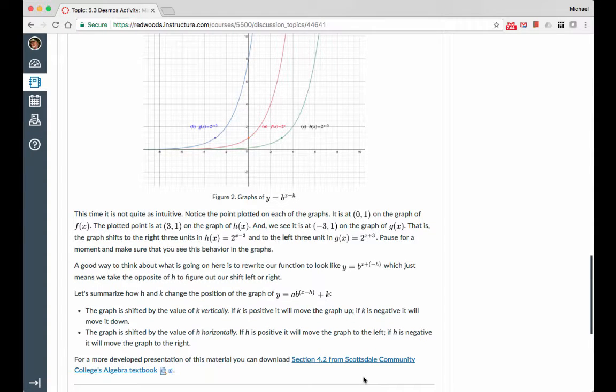Notice the point plotted on each of the graphs. It's at (0, 1) on the graph of f(x). The plotted point is (3, 1) on the graph of h(x). And we see that it's at (-3, 1) on the graph of g(x). That is, the graph shifts to the right 3 units when h(x) is equal to 2 raised to the x minus 3, and to the left 3 units when g(x) is equal to 2 to the x plus 3. So let's pause for a moment and take a look at that on our calculator